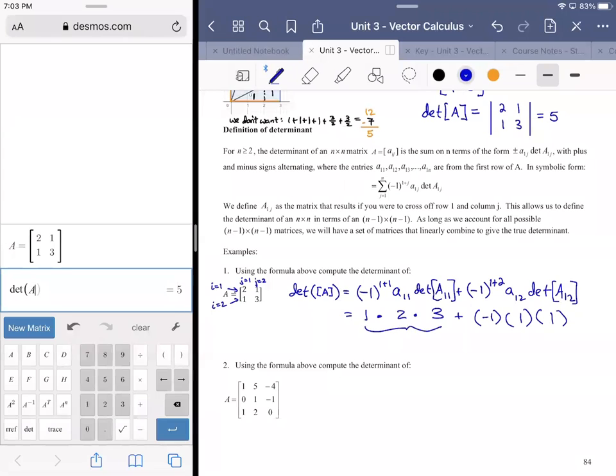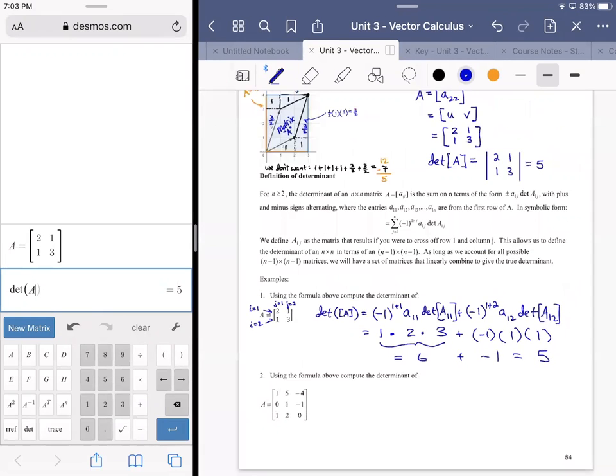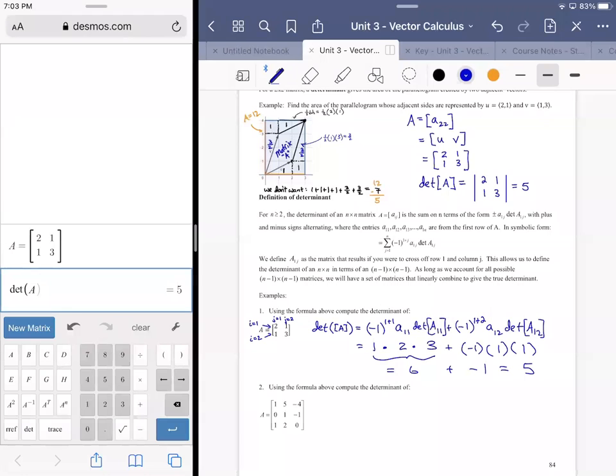So product 6, product -1, result 5. All right, so that's 3 different ways to get the same value. All right, now we got to do that using a 3x3, but the key is not so much how you get the determinant as much as it is what does it mean. All right, so we know that this, in 3 different ways, we got the area of a parallelogram based off of these computations. All right, so projected out into 3 dimensions, now we're looking at